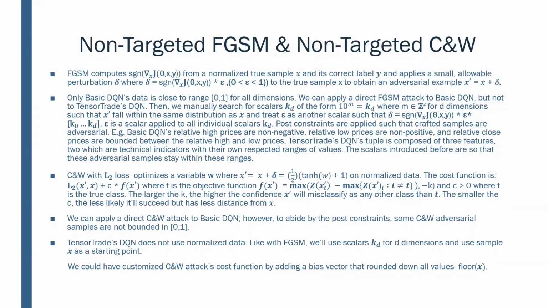But for TensorTrade, that's not the case, because as Ben mentioned before, it's using a set of 2 technical indicators and 1 other feature, which are not of uniform differences in values. It's non-normalized. If it were normalized, they would be, but in this case, it was not. The reason why we decided not to normalize it is because we can preserve some of the human readability of these adversarial samples that we are making.